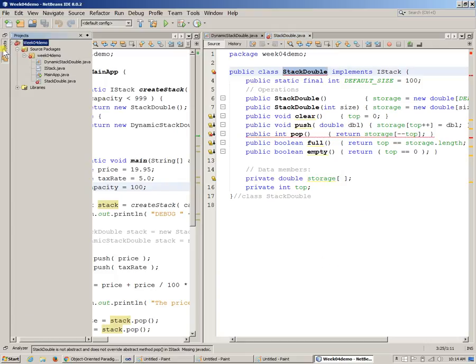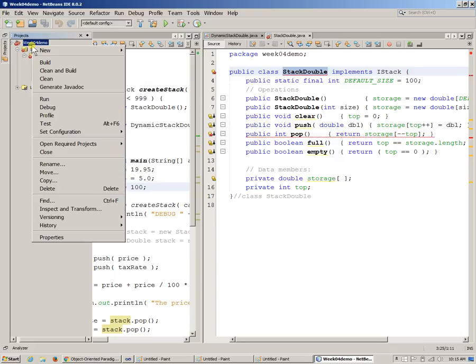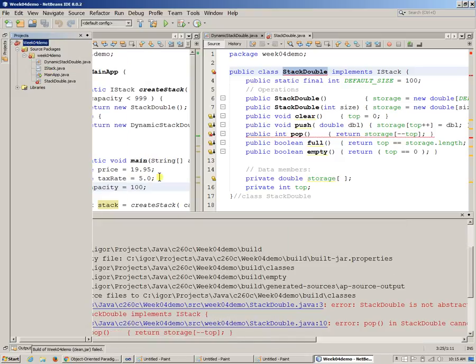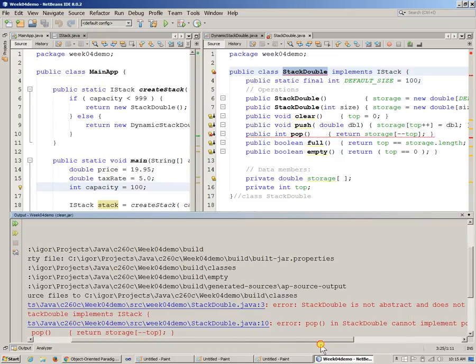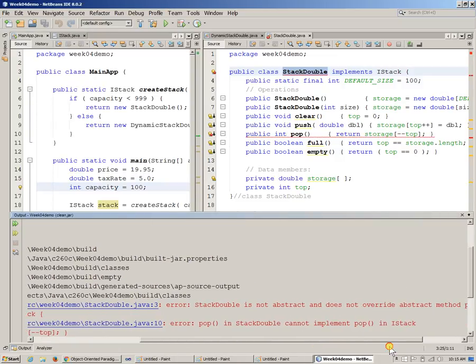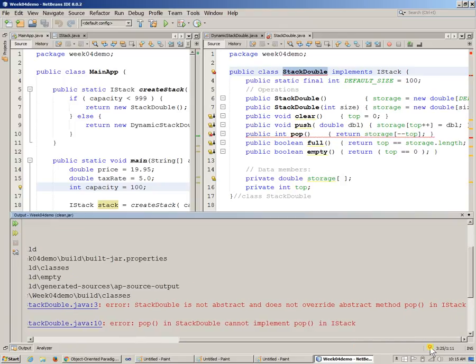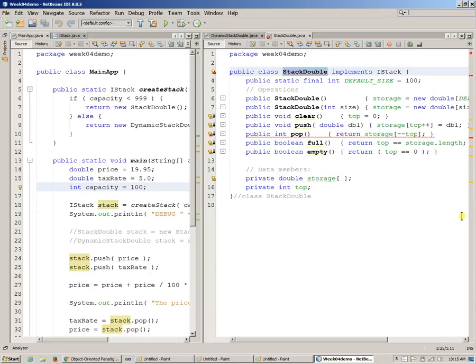Okay, so first let's build, right? Let's just build and see what happens here. It says StackDouble is not abstract and does not override abstract method pop. Okay, so the compiler was very helpful here. The compiler caught me